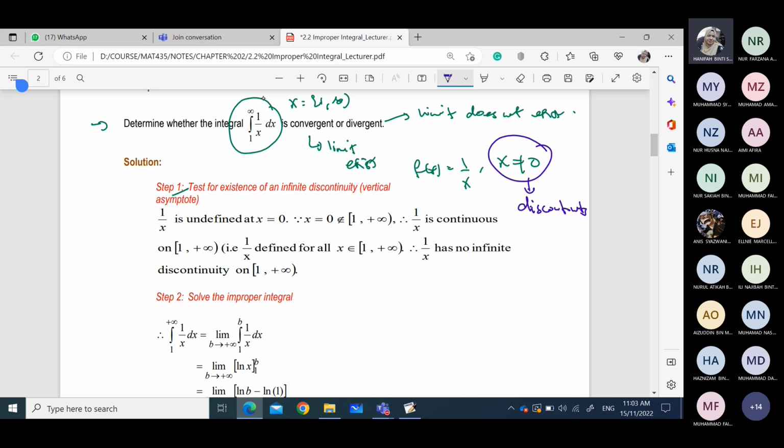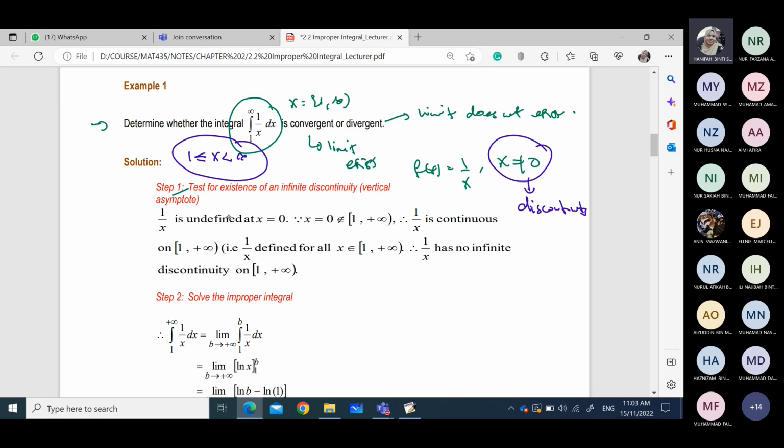So next, you kena tengok dia punya interval. Interval untuk x dekat sini adalah, interval for x is, I buat macam ni. X, interval dia adalah 1 to infinity. So kalau you tengok interval dekat sini, kosong termasuk tak ke dalam interval yang ini? Nilai-nilai X termasuk tak dalam X? Zero. Tidak. Okay, good. So since dia tak termasuk dalam X, so we can say that this function is continuous on the interval 1 to infinity.